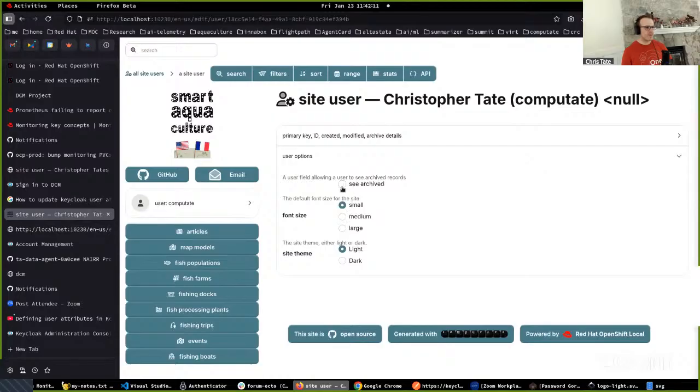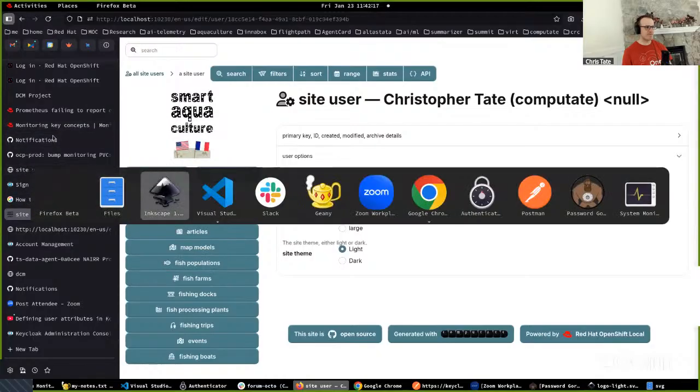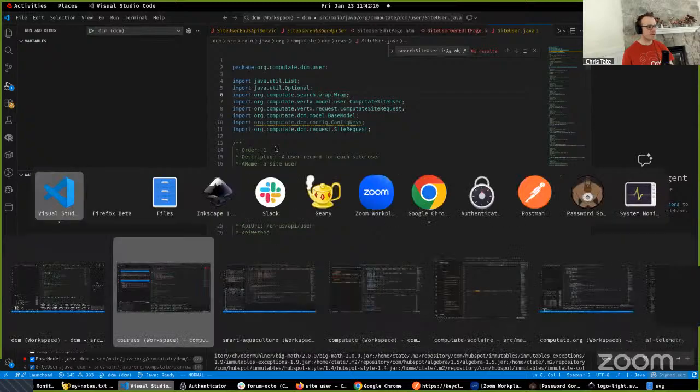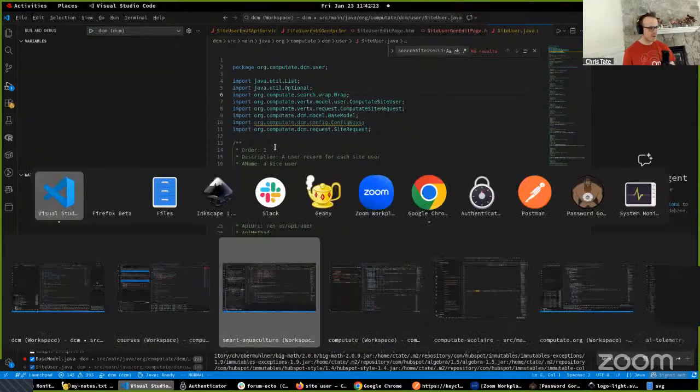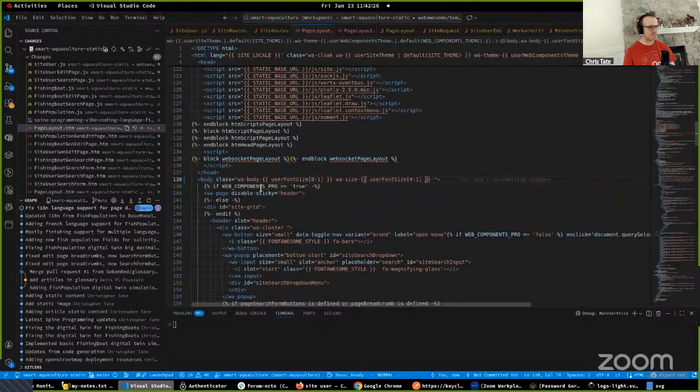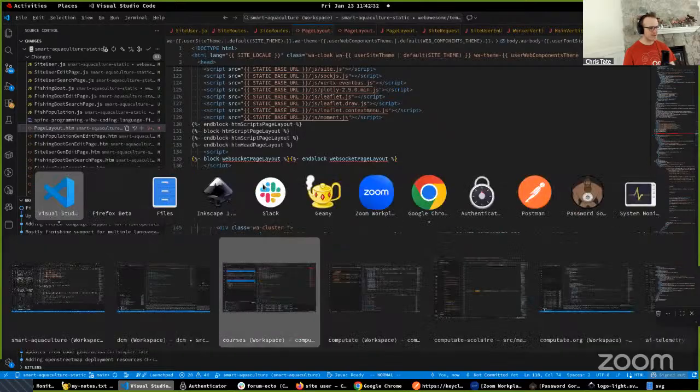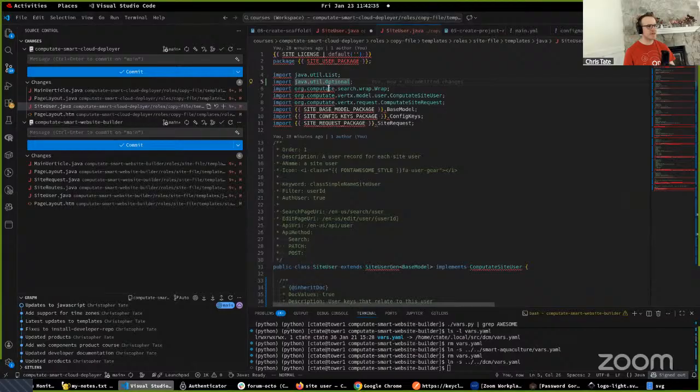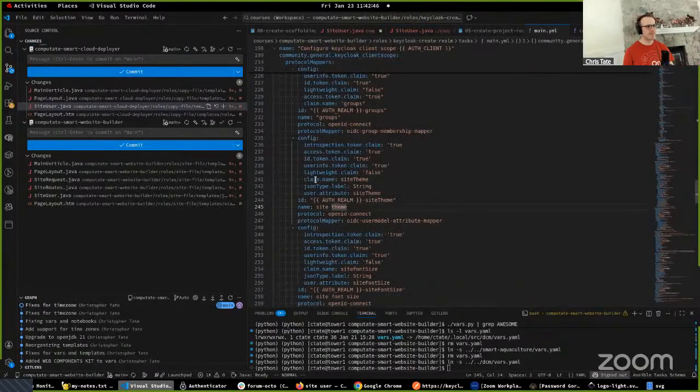Now, the way this is set up is through Ansible. So if I go to, what do I do? Oh yeah, it's actually in the Computate Smart Cloud. No, it's in the Computate Smart Website Builder tool where we set these up. So we run some Ansible to configure Keycloak, and